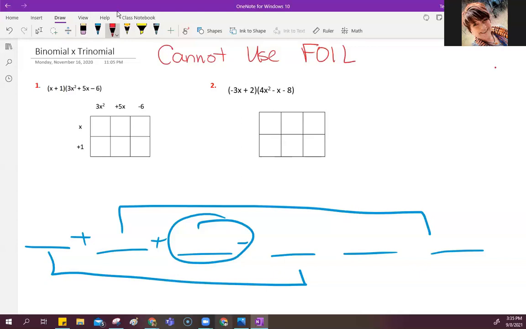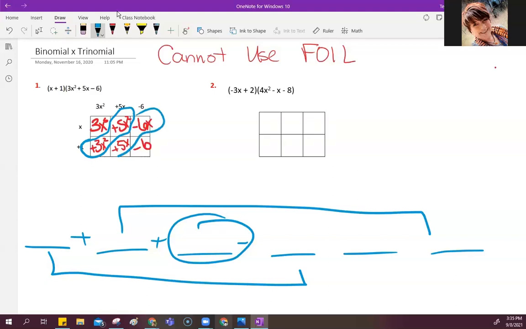Now I'm ready to multiply to fill in. 3x cubed, I'll go ahead and fill that in quickly. 5x squared, negative 6x, go up and over, up and over, up and over. 5x, and notice I'm putting my signs. Why am I doing that? Because when I put my diagonals together, my sign is right there with it,